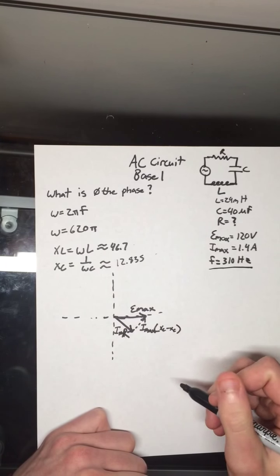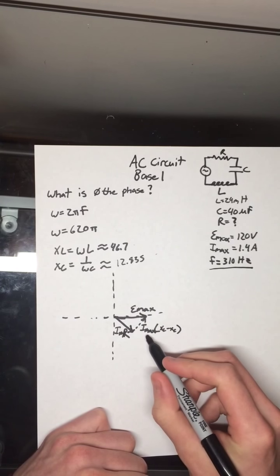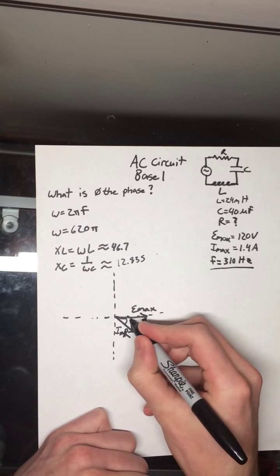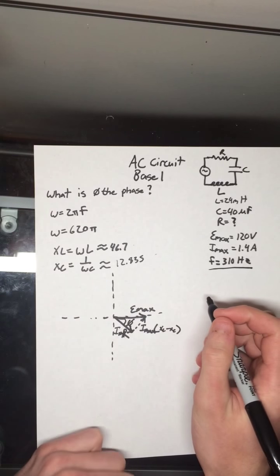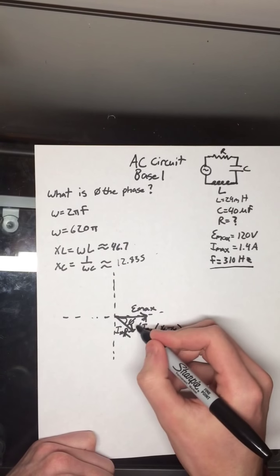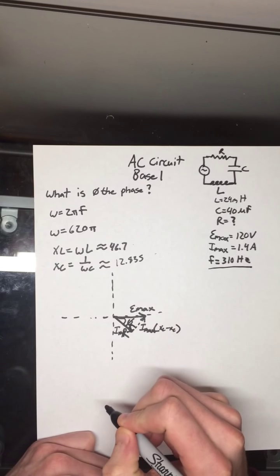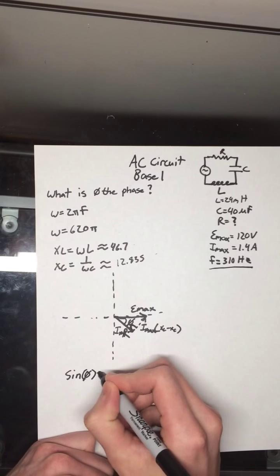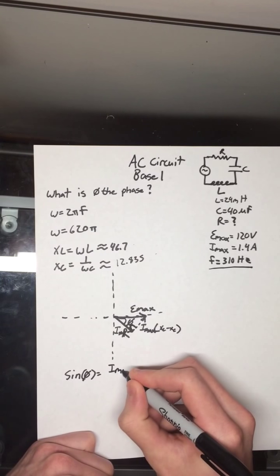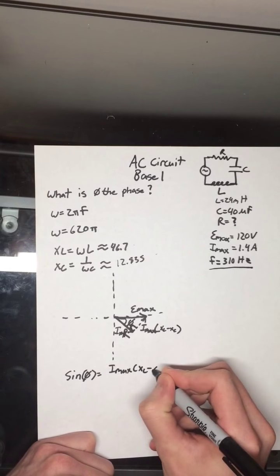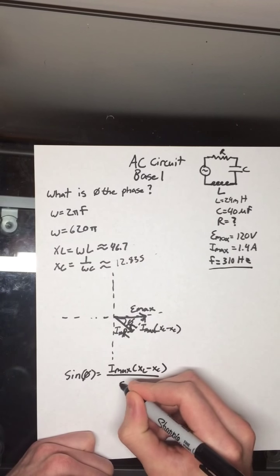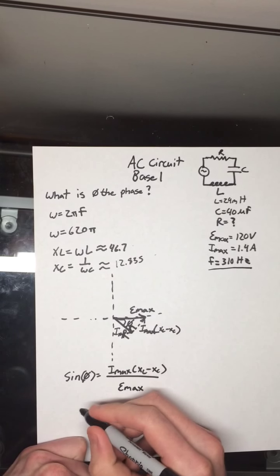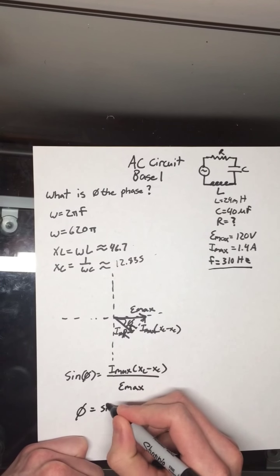Okay, we're asked to find phi. Okay, we don't know R, but we know Imax, we know Emax, and we know a value for each of these. Here's our angle phi. So we can calculate phi right away. As you know, this is a 90-degree angle, so we know that sine of phi equals Imax times XL minus XC all over Emax. So if you take the sine inverse of this, so phi equals sine inverse